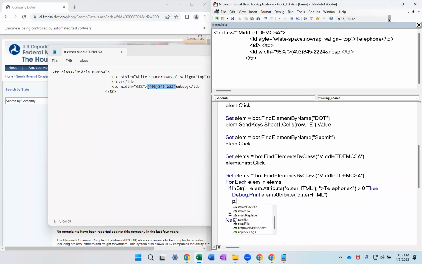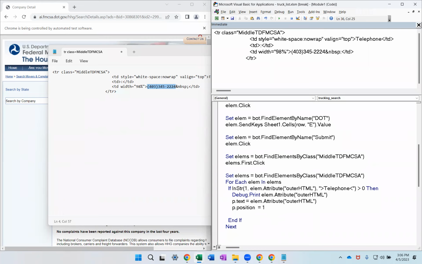So let me say p.Text is equal to that little fragment of HTML. And now it has a property called Position that keeps track of where it's currently found in the file. So p.Position